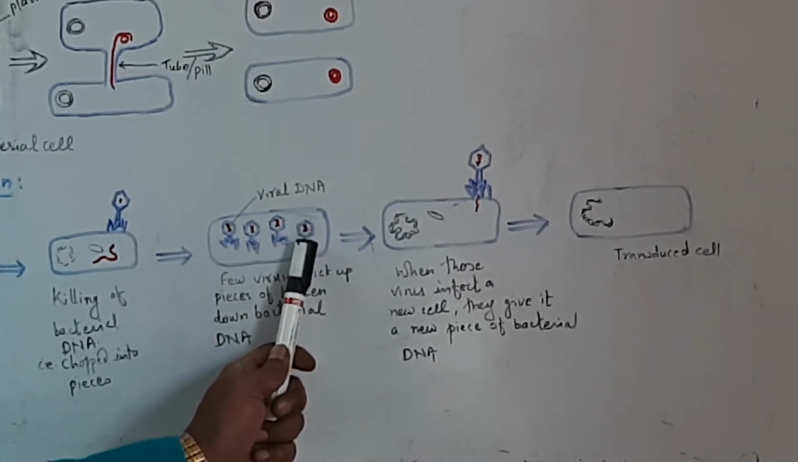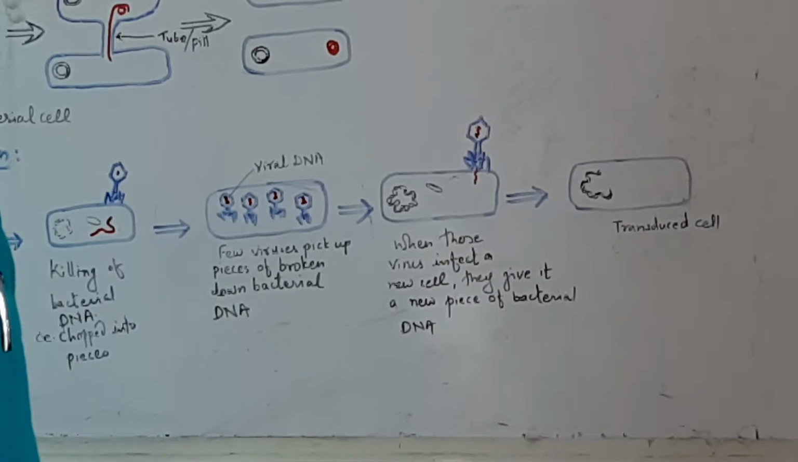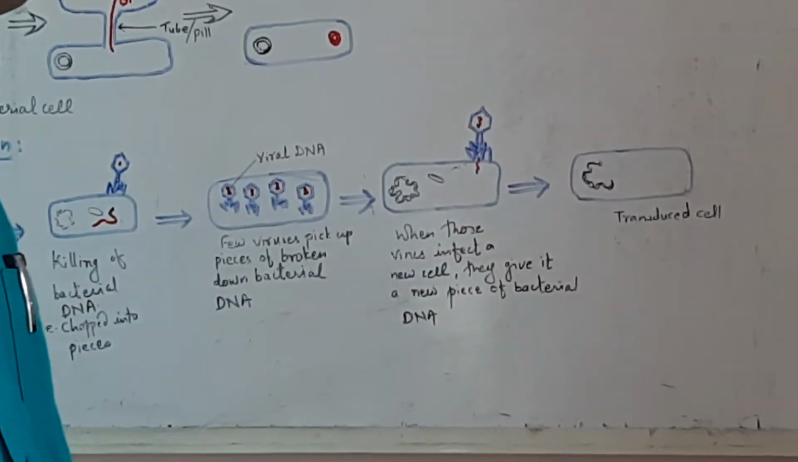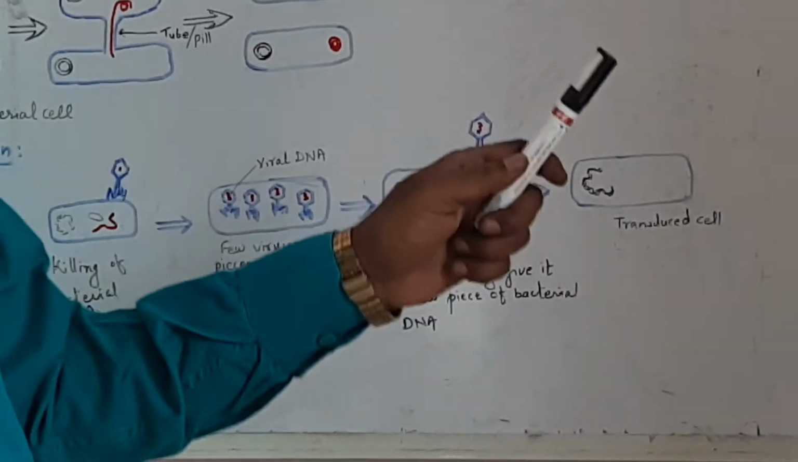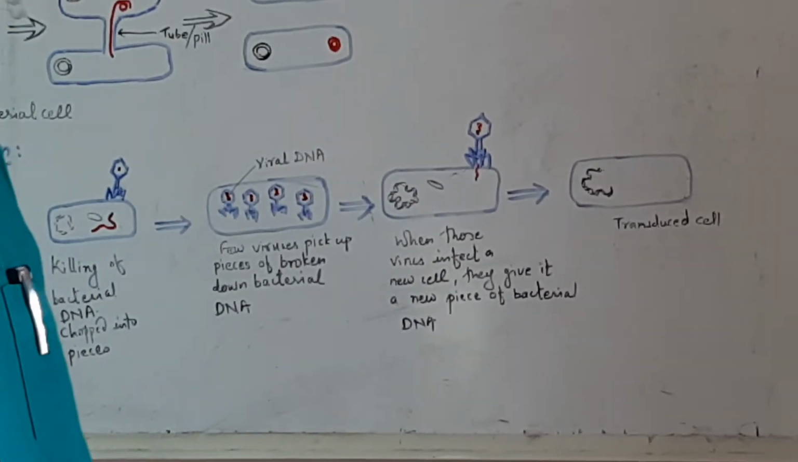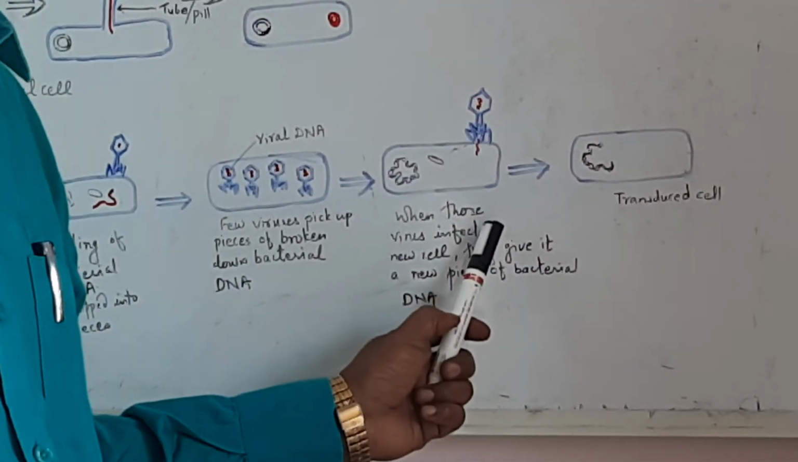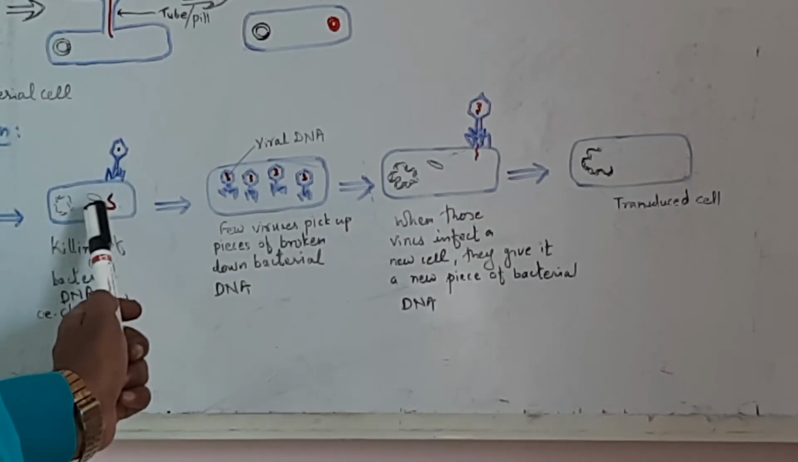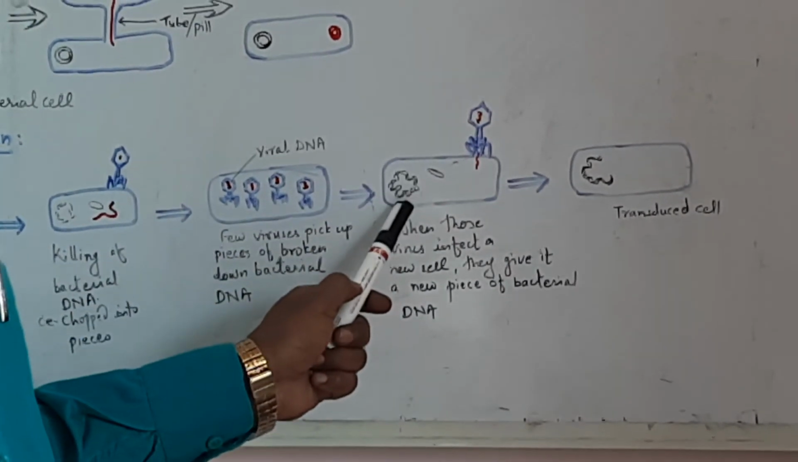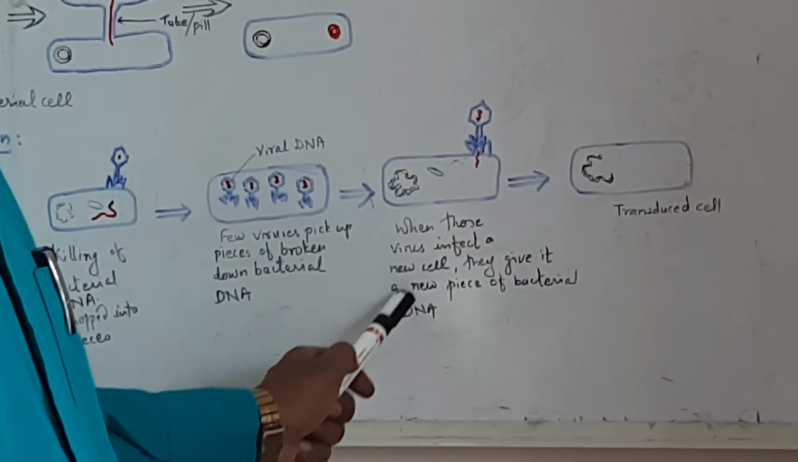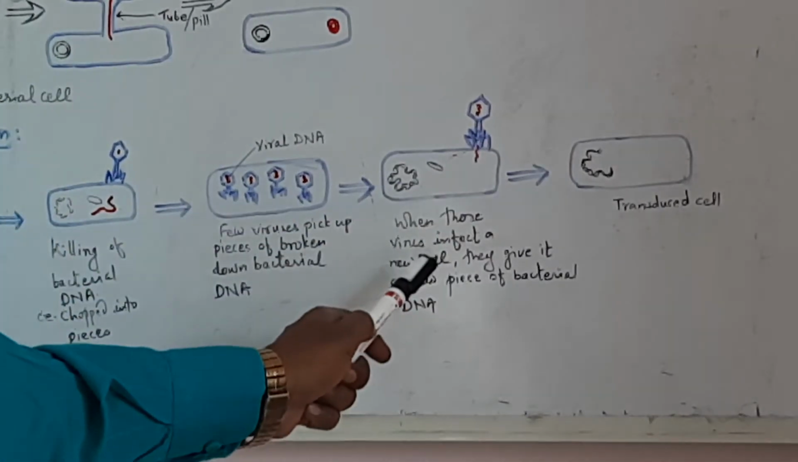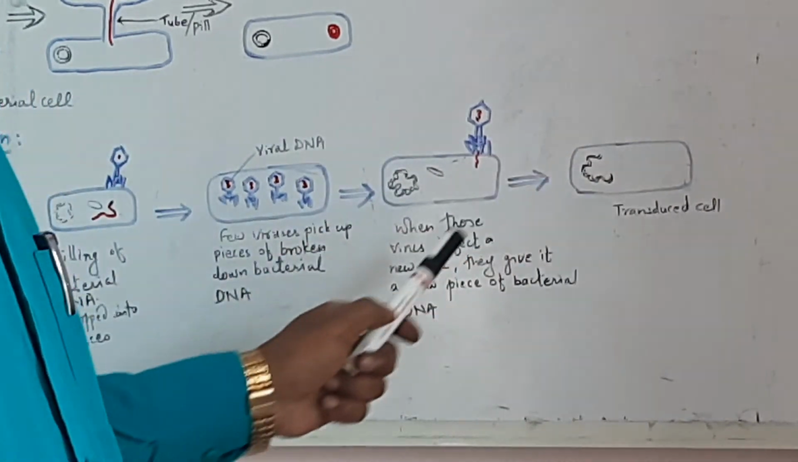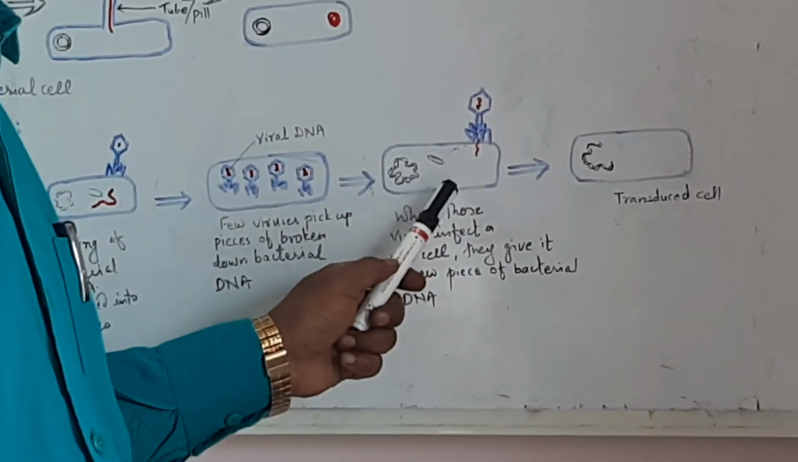viral DNA. And now the next stage we can observe is that when those bacteriophages or viruses infect a new cell, they give it a new piece of bacterial DNA. How can we say this? Because during the process, the pieces of bacterial DNA are remnants, and these can be given away along with the bacteriophages, and that segment of DNA can be transferred from that bacterial cell to another